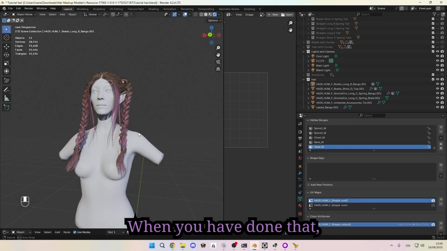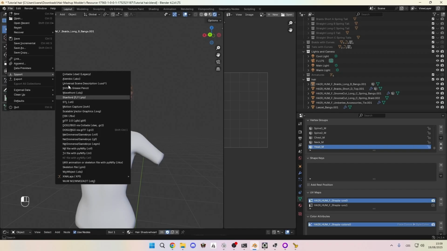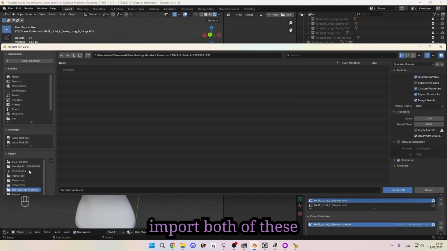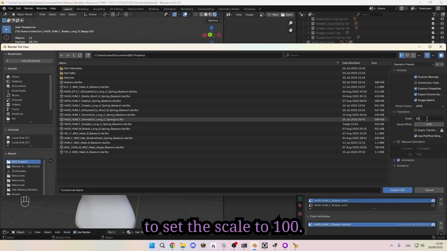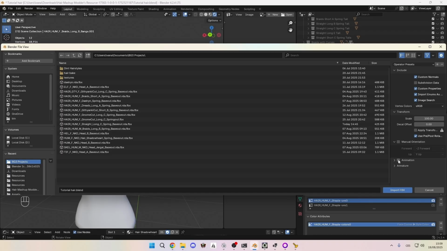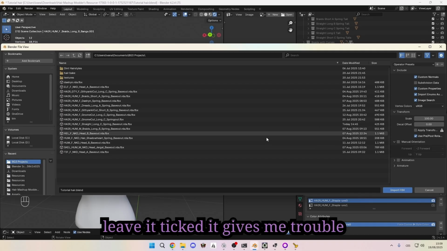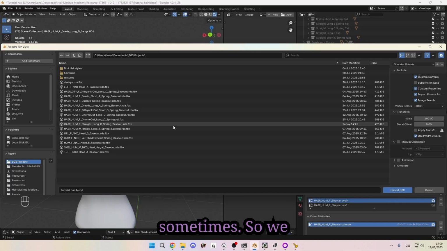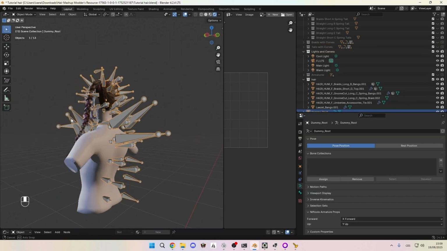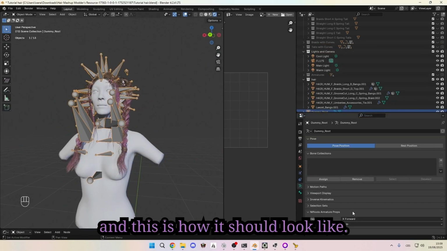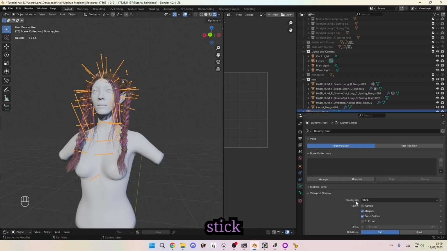So when you have done that, go to Blender and import both of these skeletons. Make sure to set the scale to 100. I untick the animation because if I leave it ticked, it gives me trouble sometimes. So we find the gnome cut, and this is how it should look like. I usually also switch the display to stick,